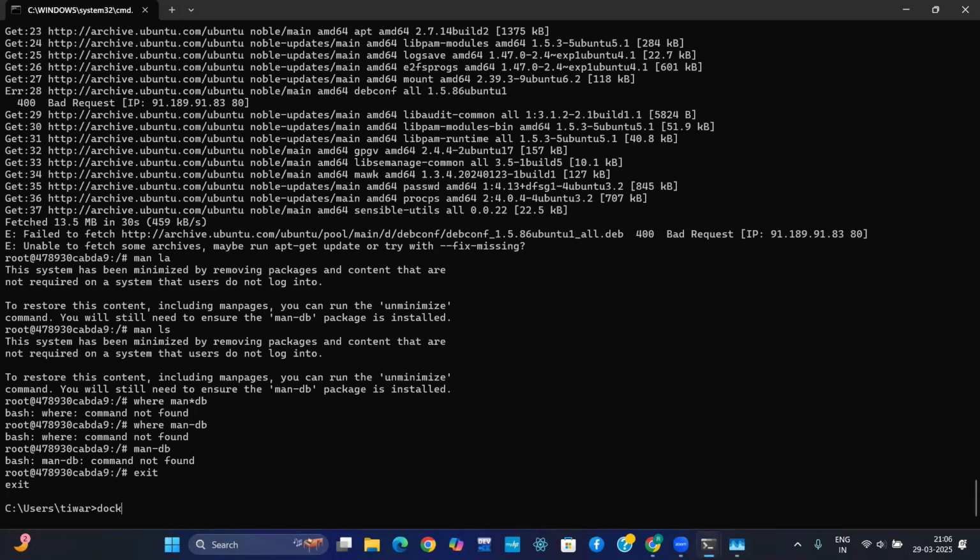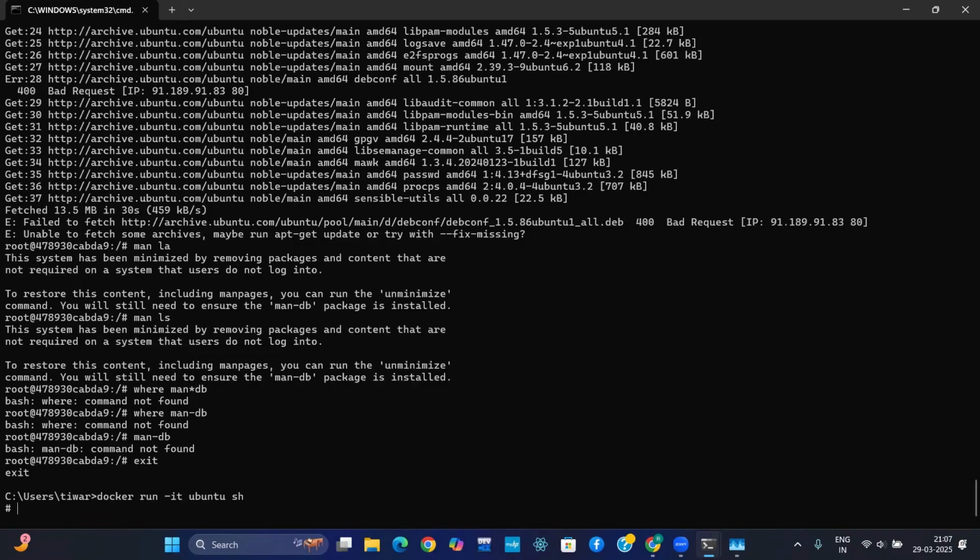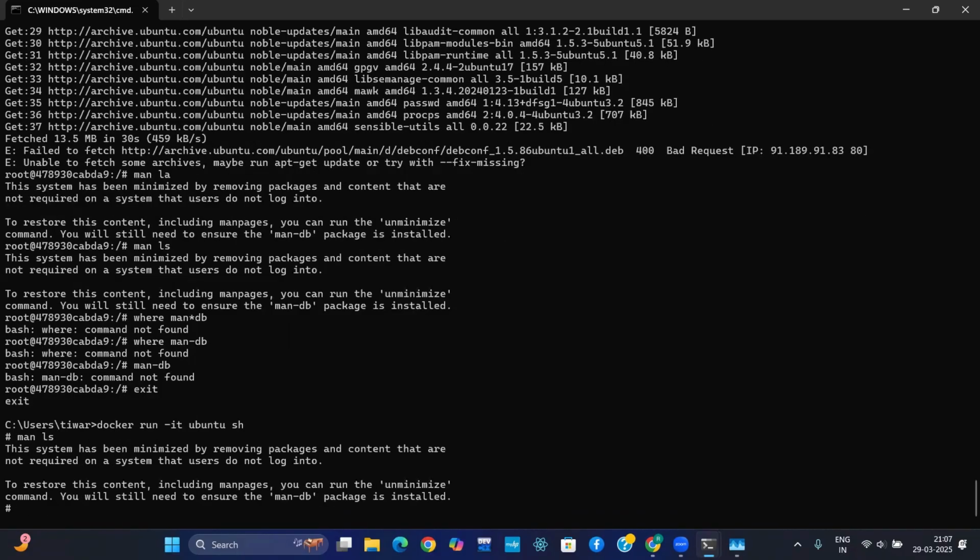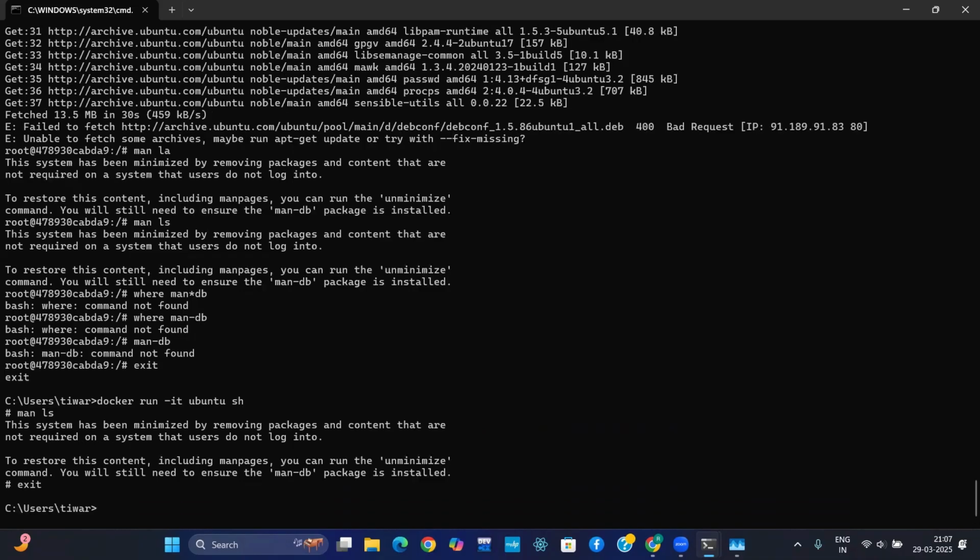Is it running properly? WSL slash T. We want to